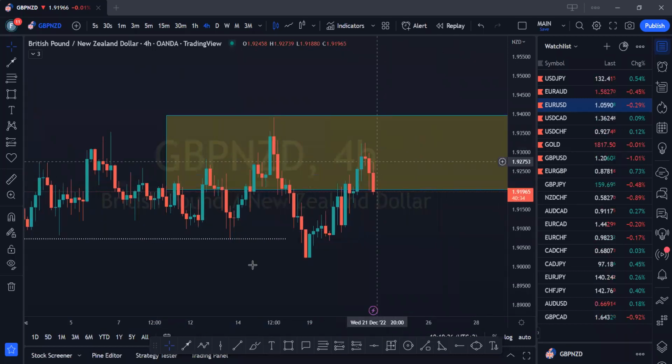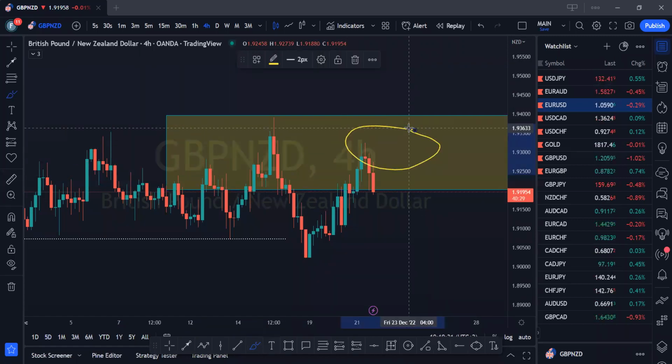So we know that price is over here. This is the supply zone on daily. And in a supply zone, we should expect to sell, right? So if you are selling, we want to go to a lower time frame and also look for an opportunity to sell. This is a 4-hour time frame, which is a lower time frame. If we are going to sell on a lower time frame, then we need market structure to shift to bearish, or it is safer to wait for market structure to shift to bearish.